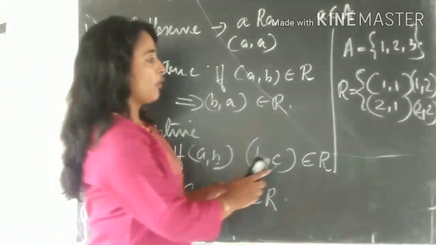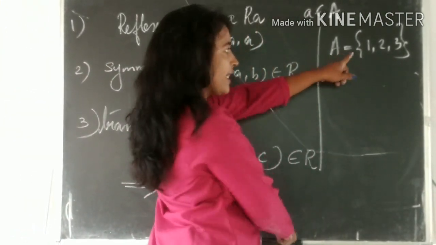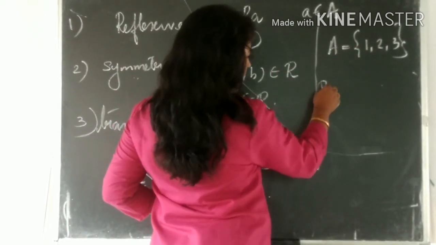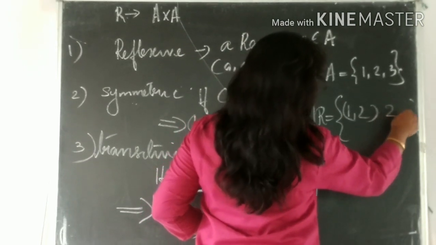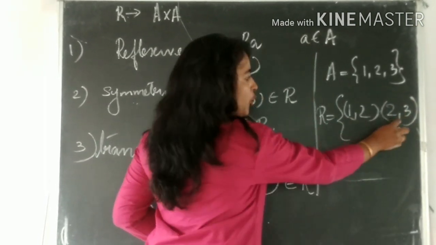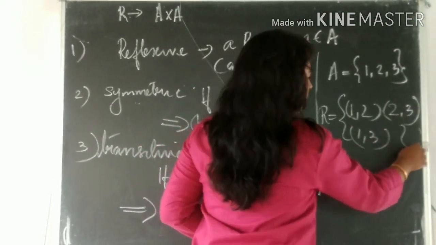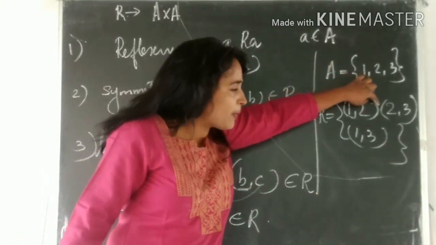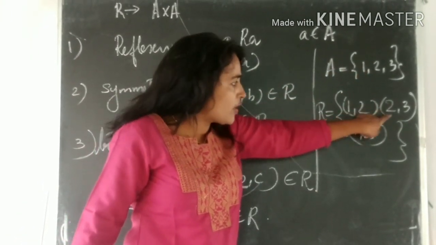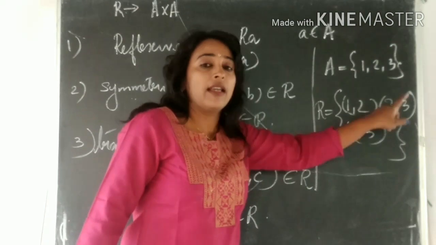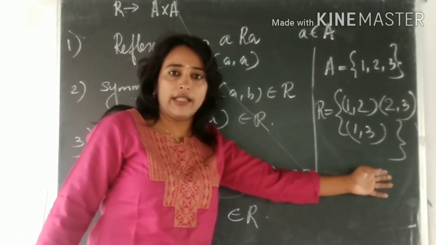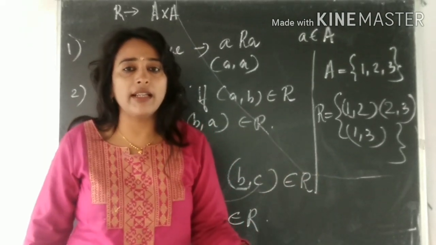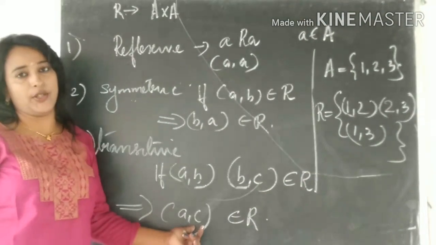Let us discuss one more example here. We have a set {1, 2, 3} and there is a relation R defined like (1, 2), then (2, 3), then there should be (1, 3). (1, 2) is present and starting from this 2, (2, 3) is also present. Now you can check for (1, 3). Is it there? Yes. If it is not there, then it is not transitive.